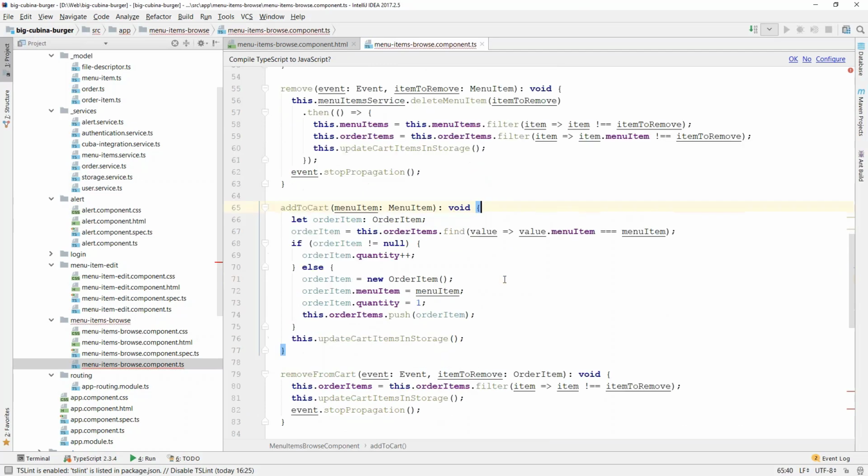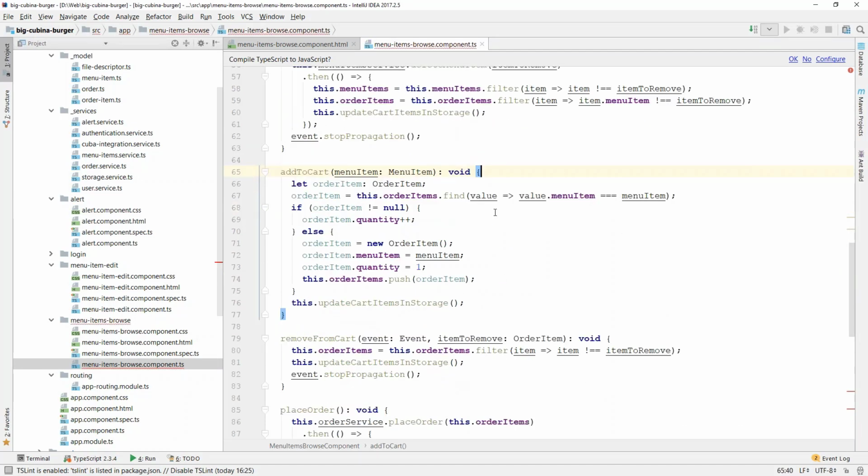I've added several methods such as add to cart. This method accepts menu item, and if there is order item which refers to the same menu item, then we just increase value of quantity field of order item class.